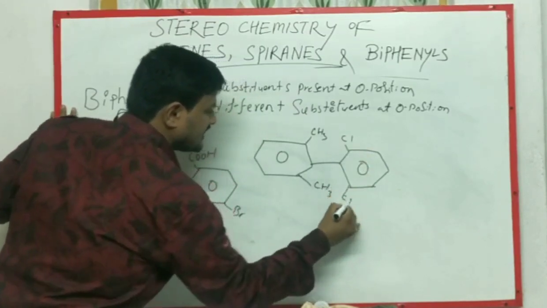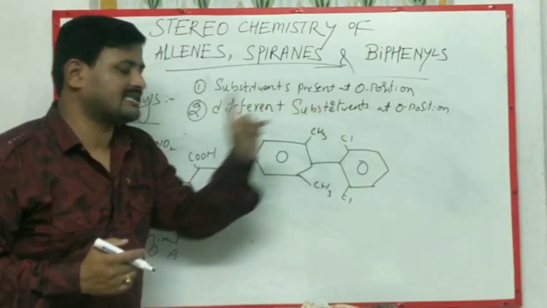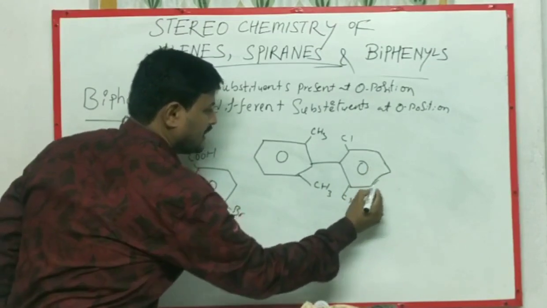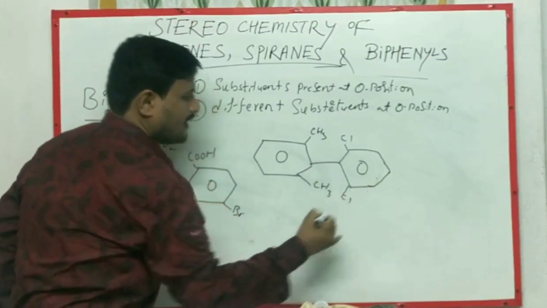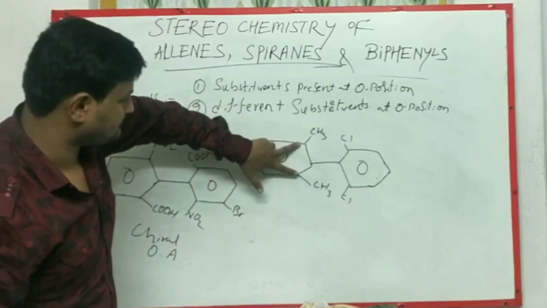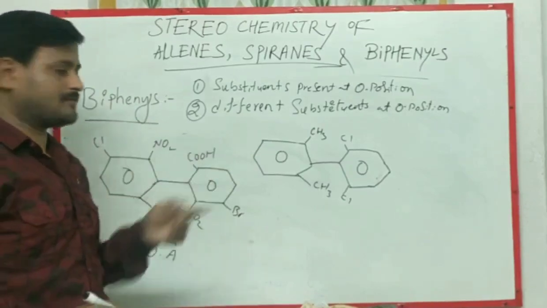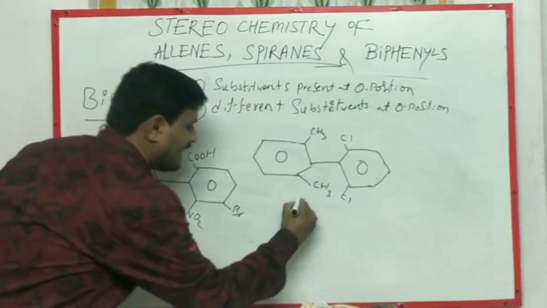In this example, first condition: substituents are present at ortho positions. Here the ortho position substituents exist, here they are there. Second, different substituents, but here they are methyl and chlorine. It is a chiral,